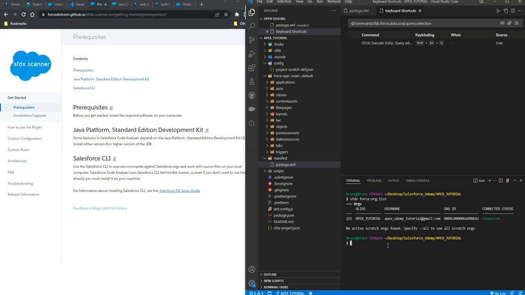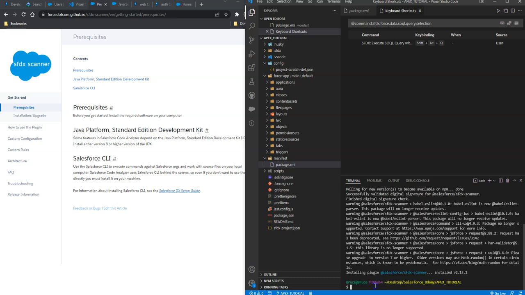After that's all installed, next we're going to type in sfdx plugins install and then add Salesforce sfdx scanner. Okay, and this may take a little bit of time to run, so I'm going to just pause it until it's done running. All right, now that we have that installed,